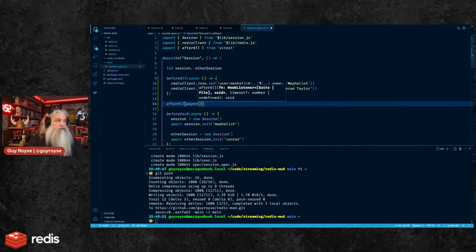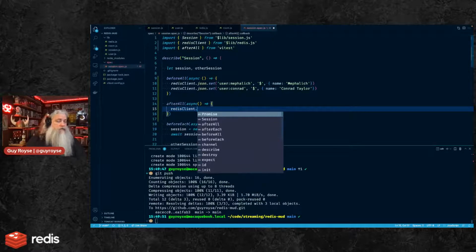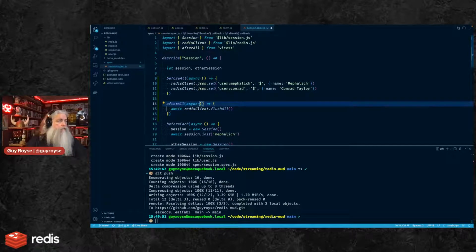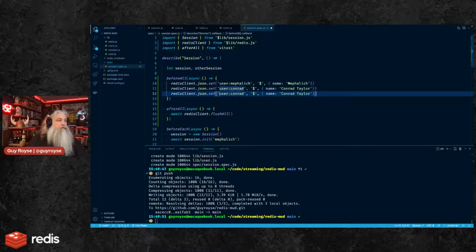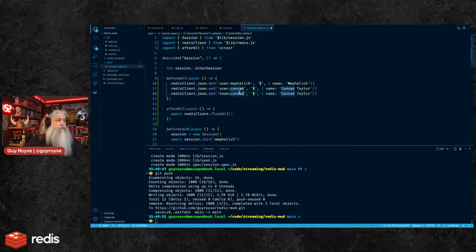Be sure here. And then we need the room, that one. And we called it the hub.